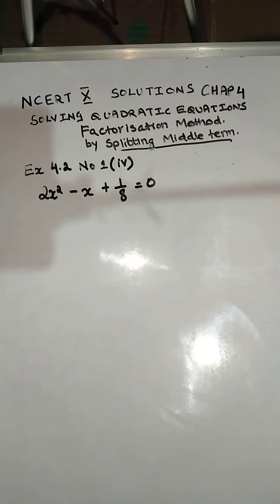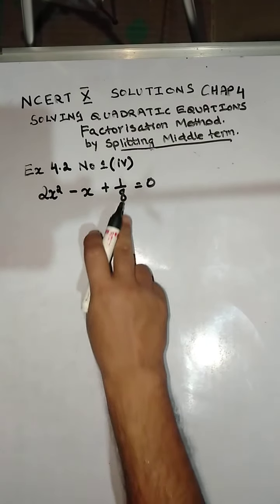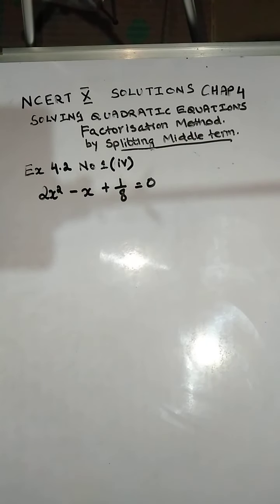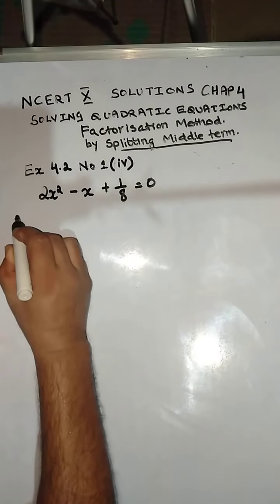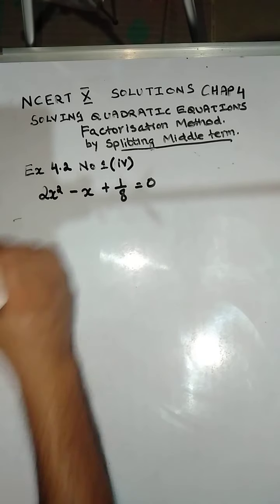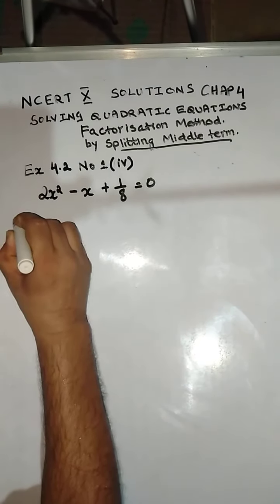And let's look at this problem now. Firstly, we need to look that here we have 2x squared minus x plus 1 upon 8 is equal to 0. Now you have a fraction. Now we need to get rid of the denominator. So to get rid of the denominator, we just go ahead and say multiplying